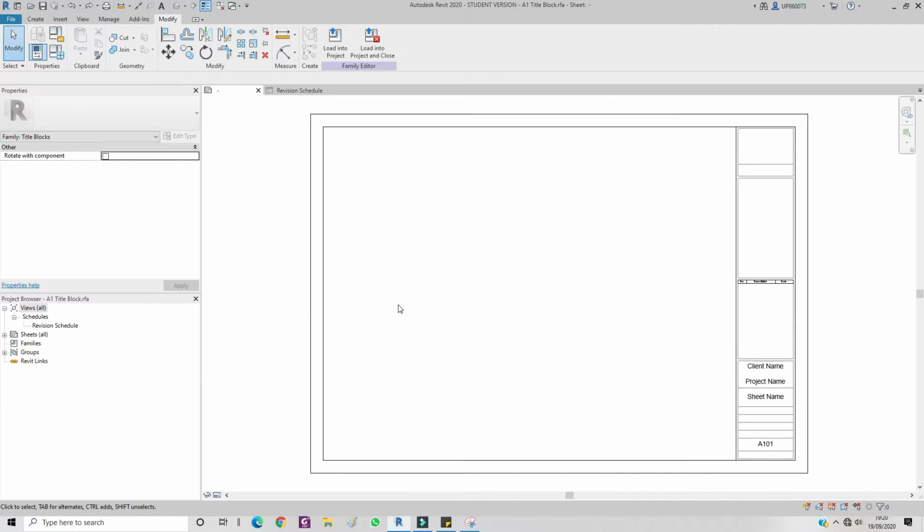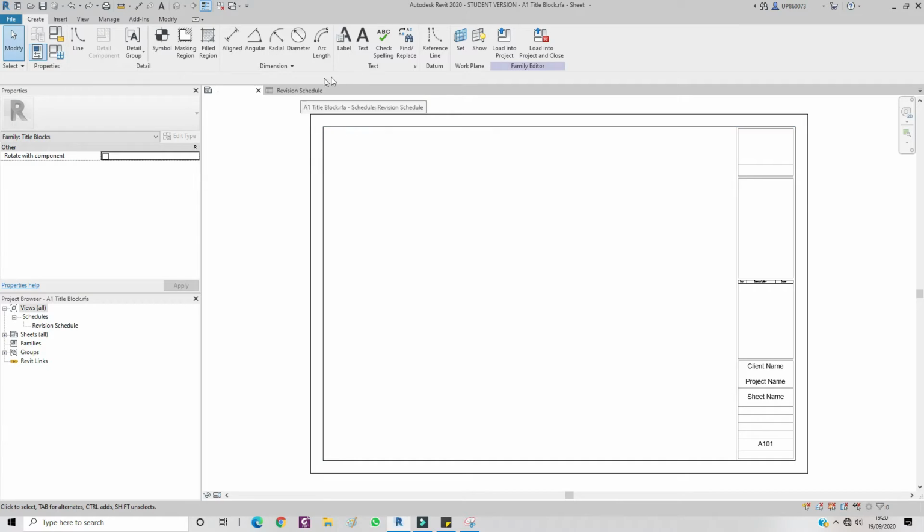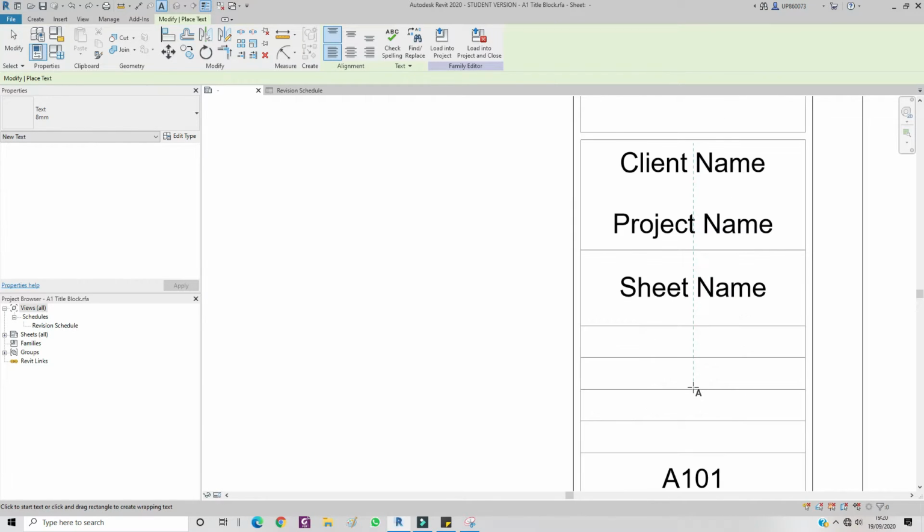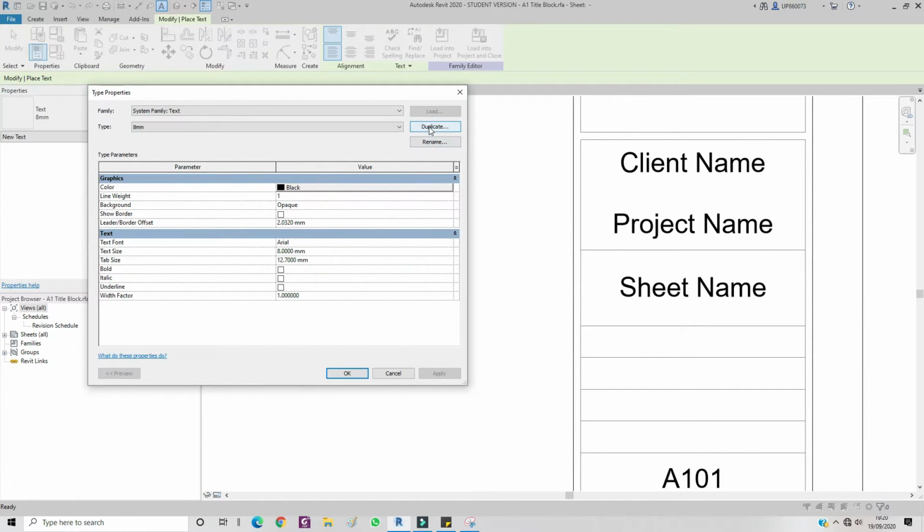Next I want to create some text, not the label, so if I go to the Create tab, text panel, and click on the text button, and I want my text to be 3 millimeters, not 8 millimeters. So if I go to the Edit type, duplicate it, name it 3 millimeters, press OK, change the text size to 3 millimeters as well. Okay,